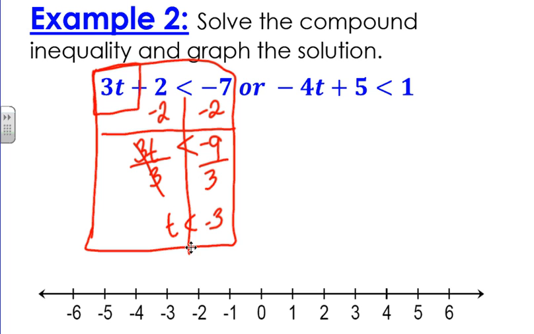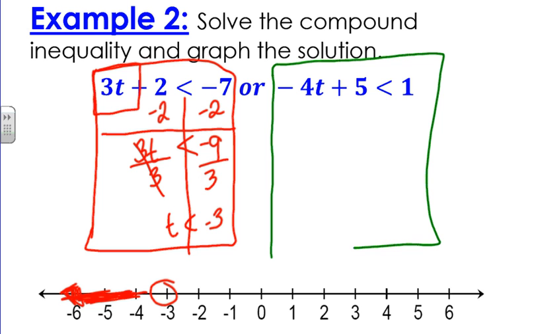Okay, so then I can go ahead and graph this because, like I said, this second inequality doesn't have any effect on this one. So I'm going to put an open circle at negative 3, and I'm going to shade everything this way because t is less than negative 3. So now I'm going to put a box around this one because I'm going to solve it completely separately. Completely separate. Alright, so I need to get negative 4t by itself because I can't distribute, I can't combine like terms. All my t's are on the same side, so I'm going to box this, move plus 5 to the other side. So I'm going to subtract 5,